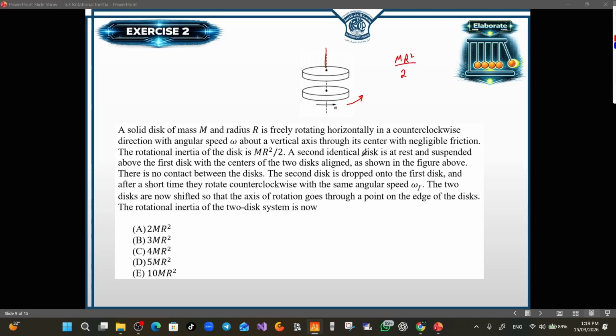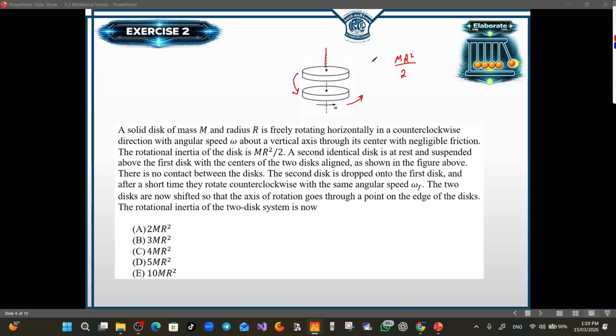mr squared over 2. A second identical disk is at rest and suspended above the first disk with the centers of the two disks aligned, as shown in the figure above. There is no contact between the disks, and the second disk is dropped into the first disk. And after a short time, they rotate counterclockwise with the same angular speed omega final. So here what will happen, we drop this disk down, so both of them will now be forming one body,